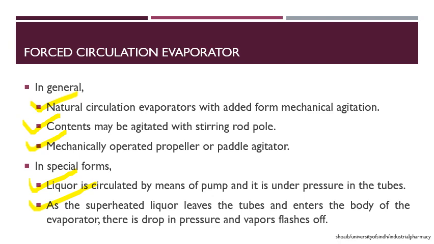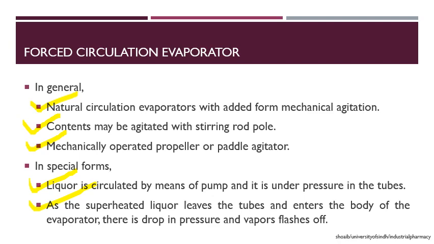Now in this type of evaporator, the liquid to be evaporated is superheated. It is overheated under increased pressure. If it is being heated under increased pressure, that means it is not boiling at a specific boiling point. For example, if we are boiling water at an increased pressure, it will not boil at 100 degrees centigrade, it will heat to more than that. So we are adjusting such a pressure that the liquor is not boiling in that container.